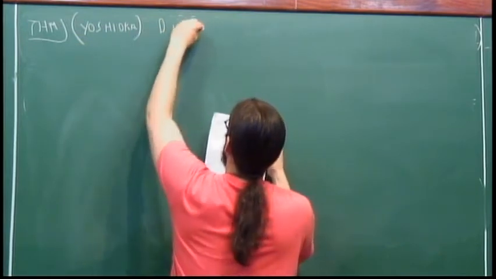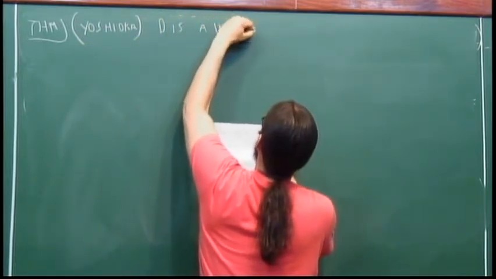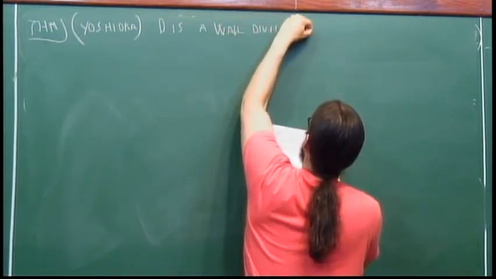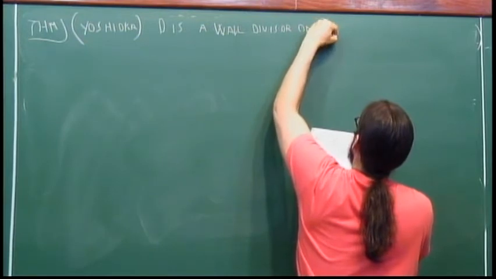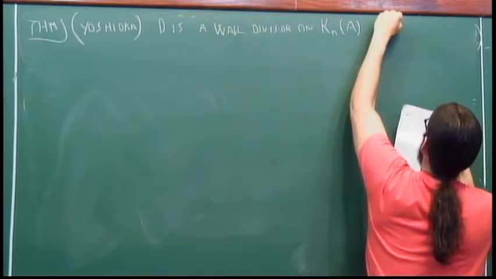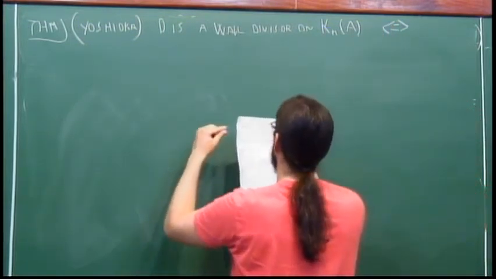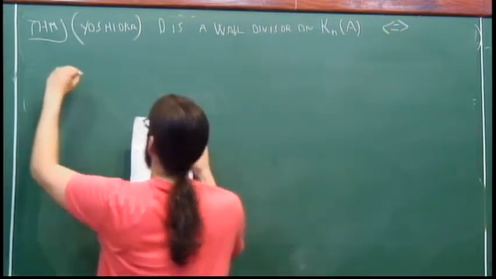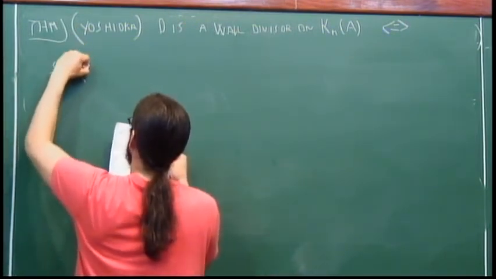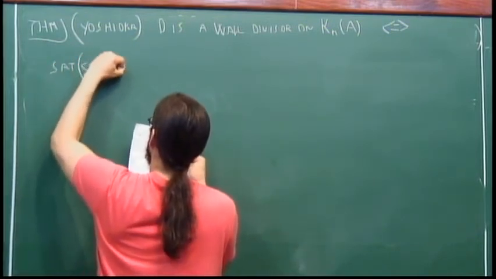It's phrased in different terms, but it says that D is a wall divisor on Kn of A if and only if the saturation of the lattice generated by V and f of D,